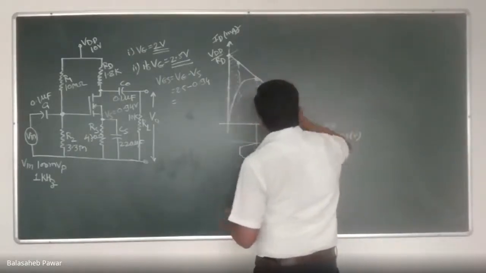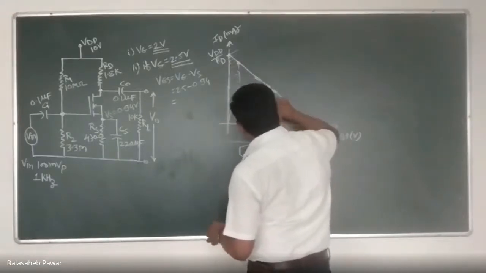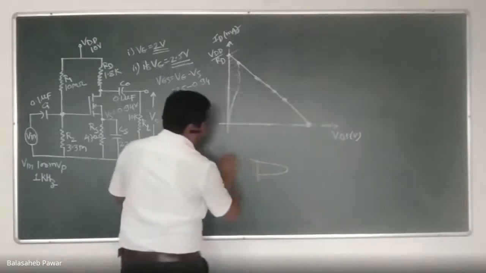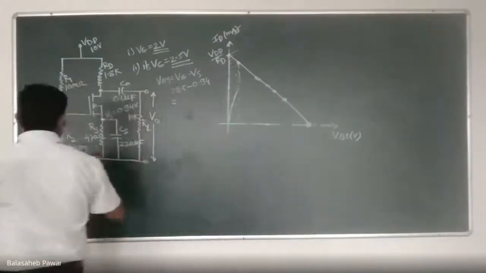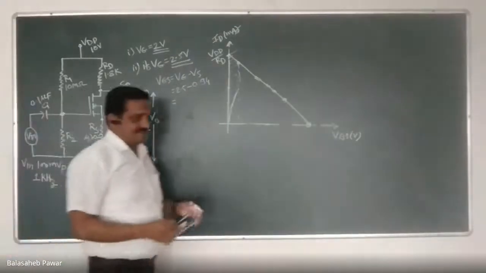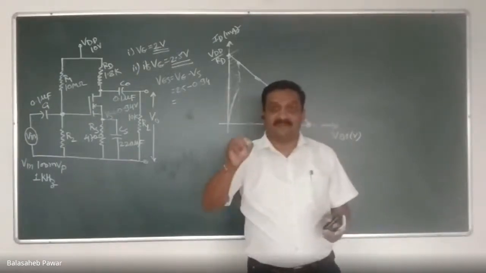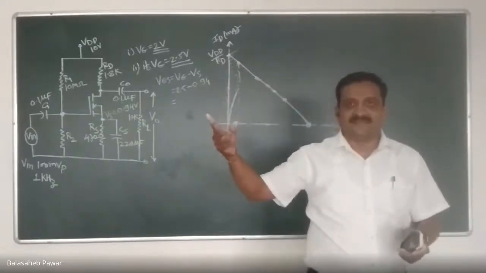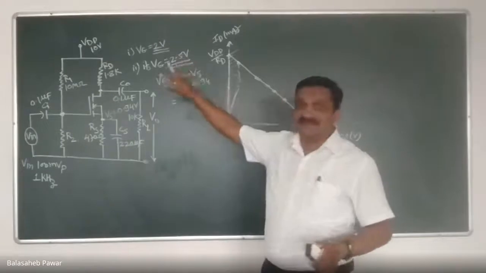Similarly, suppose I selected the operating point, again not exactly at the center, but below the center. That means my VGS is not equal to 1.1 volts, it is less than 1.1. That means the selected value of R2 is less than 2.5 mega. When it is 2.5 mega, VG will be 2. When it is 3.3 mega, VG is 2.5. That means VG is directly proportional to the value of R2, because the remaining VG and